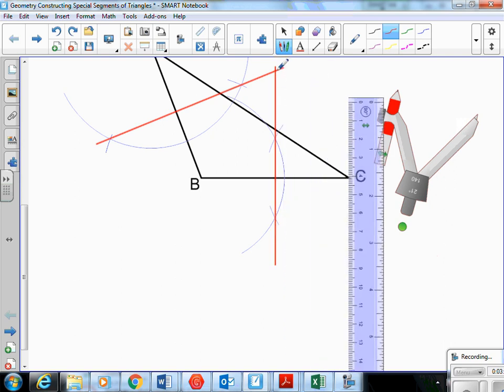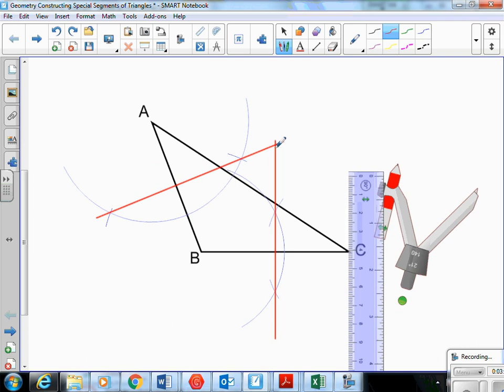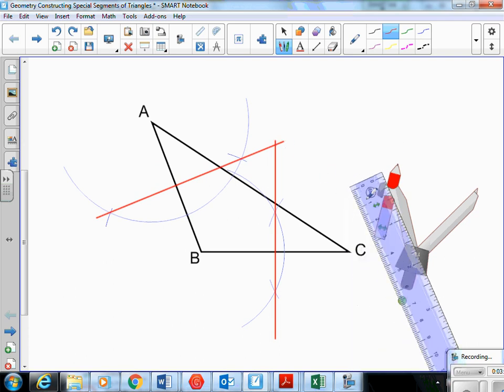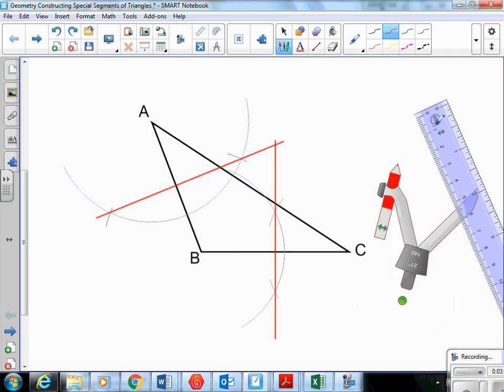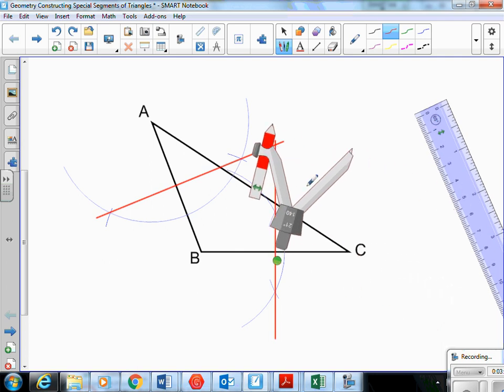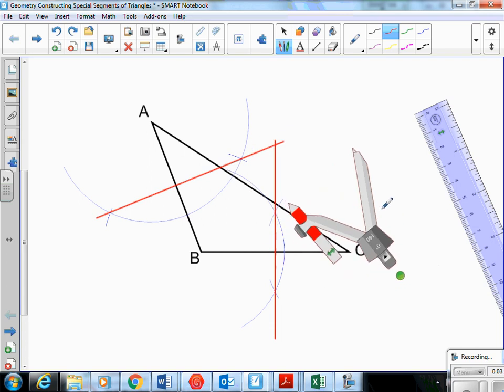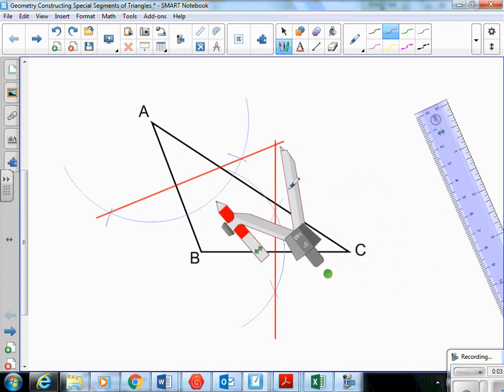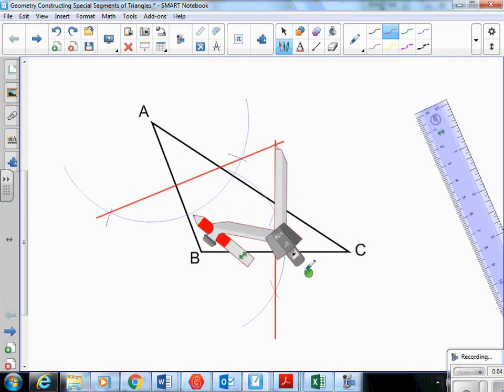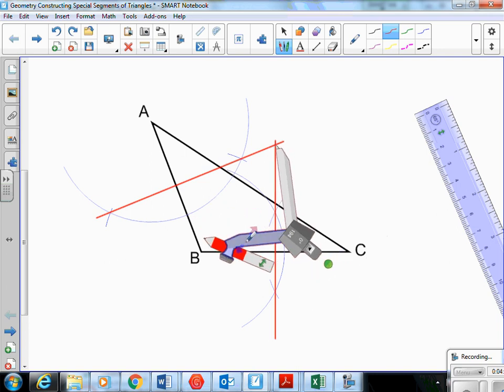So right here, this point where the two red lines intersect, that would be the circumcenter, the intersecting point of the two perpendicular bisectors. Now the perpendicular bisectors intersect at a point that is equidistant from the vertices. So if we line up the point of the compass on that circumcenter point and open up our compass to the width of one vertex,